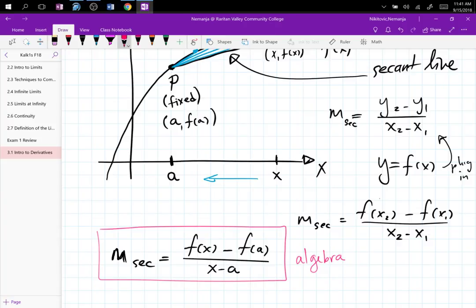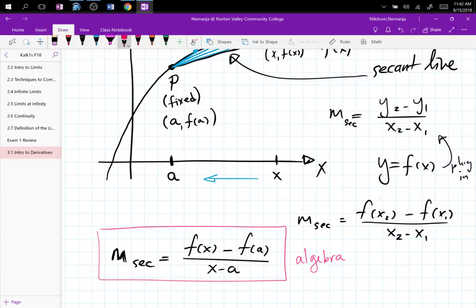So your point x2, y2, which is point Q, has x and f of x, and your point x1, y1, which is your point P, has a and f of a. So y2 minus y1 over x2 minus x1, written in the language of pre-calculus to match the picture we have. No motion. All that you see over here is 2.1. That's 2.1, setting up the stage for motion to begin.